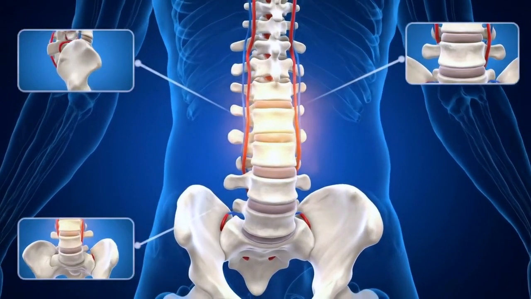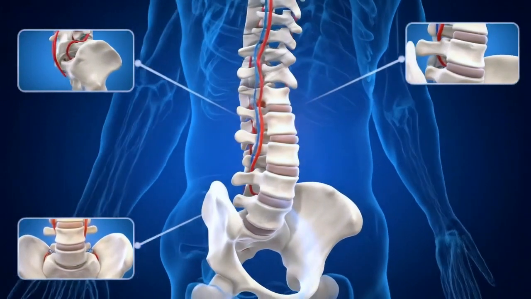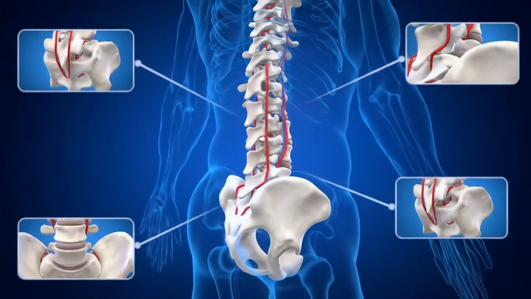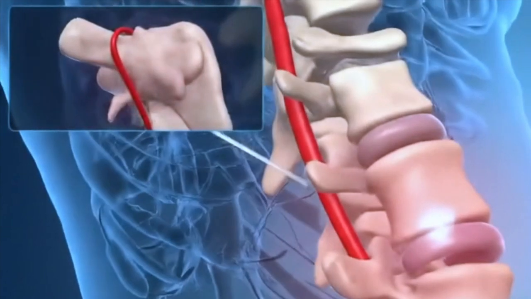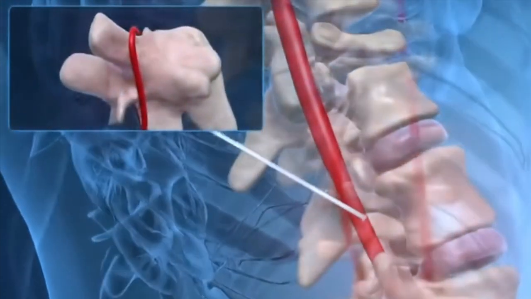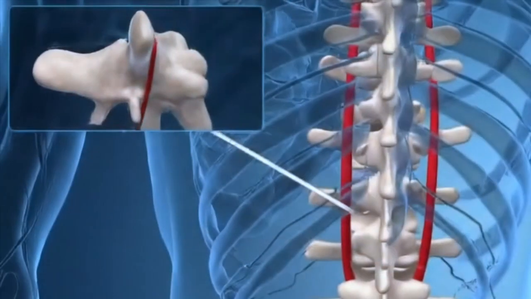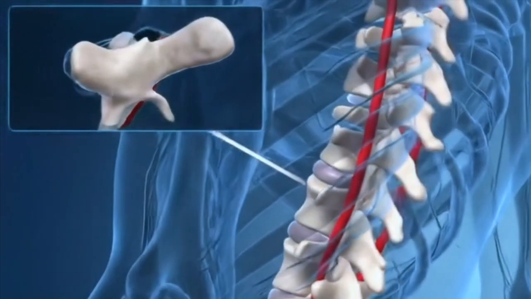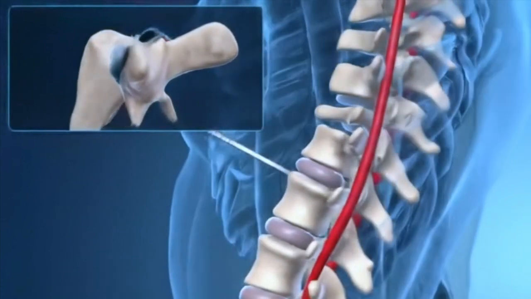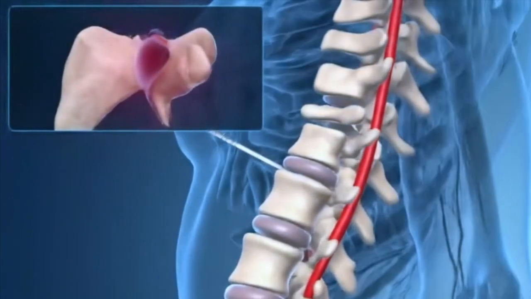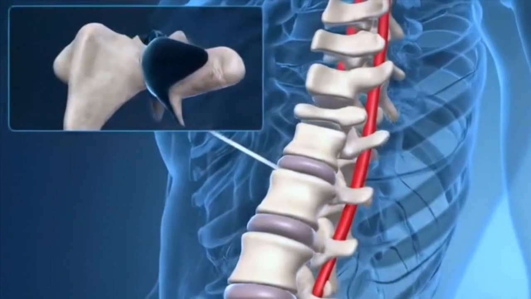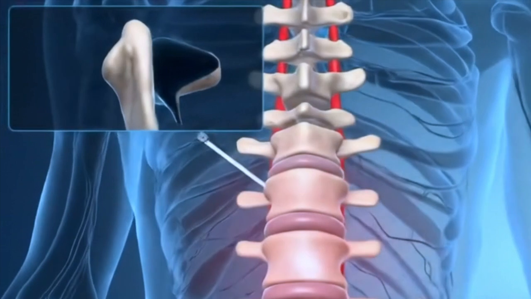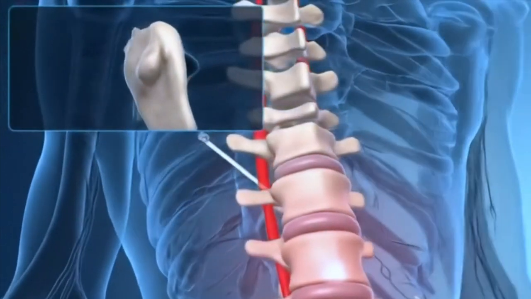Symptoms. Symptoms often develop gradually and can vary depending on the location and severity of the stenosis. Symptoms of lumbar stenosis, lower back. The classic symptom is neurogenic claudication. Pain, cramping, or aching in the buttocks, thighs, or legs. Symptoms are typically worse when standing or walking for prolonged periods. Relief when leaning forward, sitting, or crouching. This is often called the shopping cart sign, as people find relief by leaning on a shopping cart. Leaning forward flexes the spine and temporarily opens up the spinal canal.